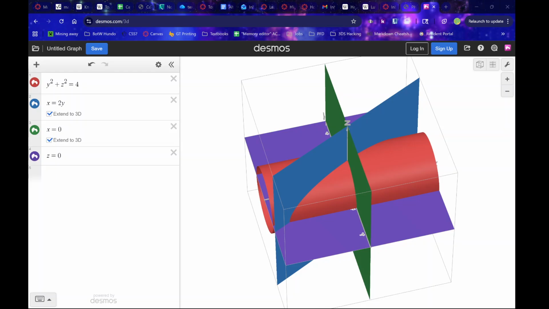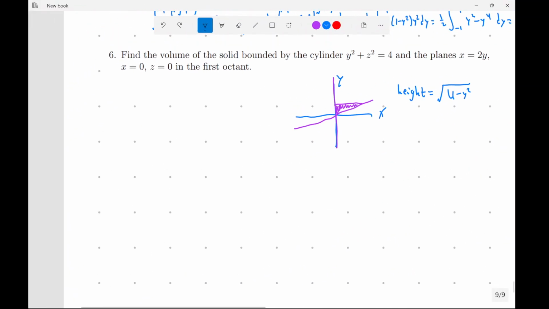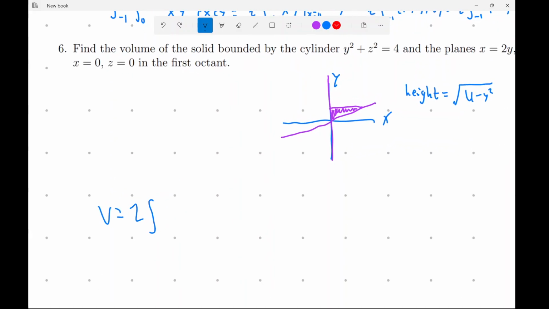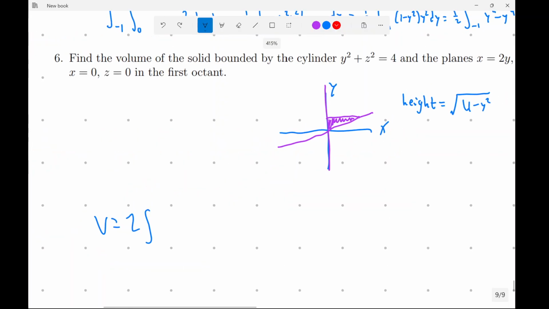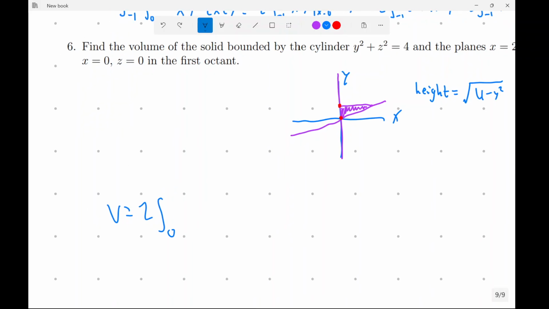Okay. And so then the volume is equal to 2 times the integral. Let's see. I'm going to do it with respect to y first because that goes through the y-axis. So the minimum value for y is 0. The maximum value for y is when